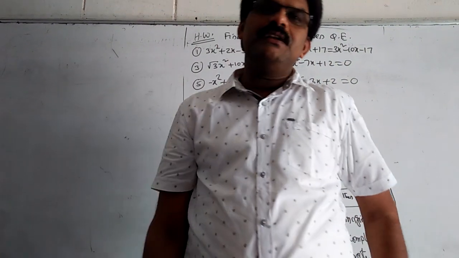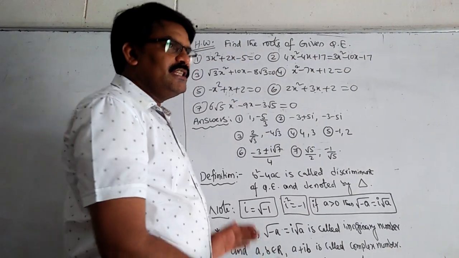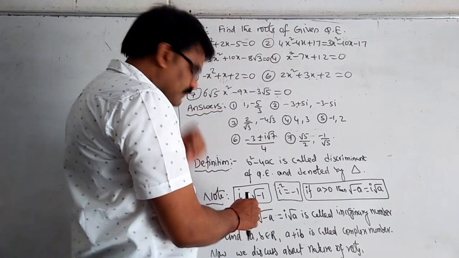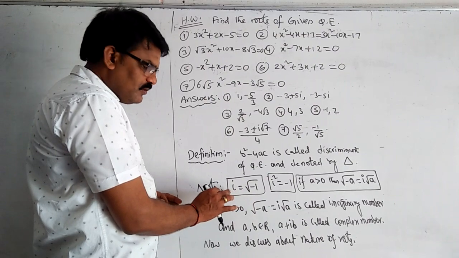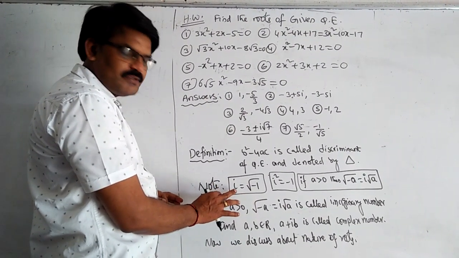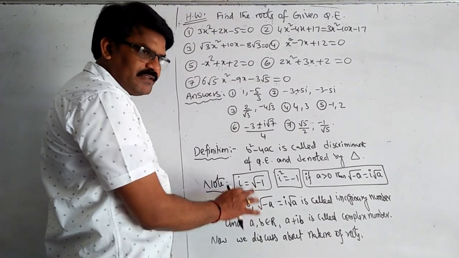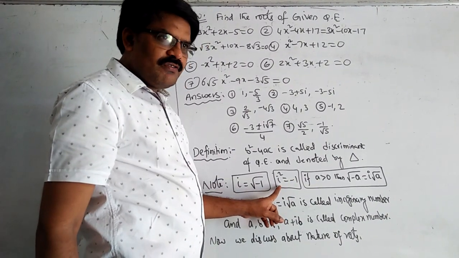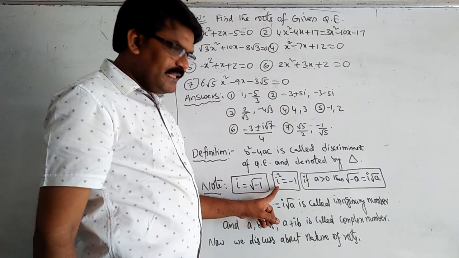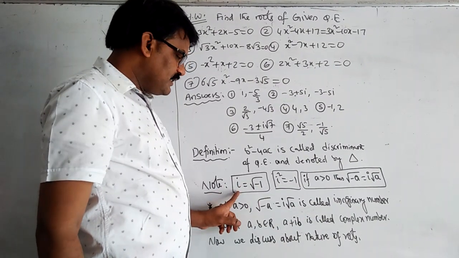This is also a chapter in our secondary intermediate. Just know about a complex number simply. We know i from first year also; we discussed it in maths also. i is equal to root over minus 1, i square is equal to minus 1. Just remember i square is equal to minus 1 and i is equal to root over minus 1.